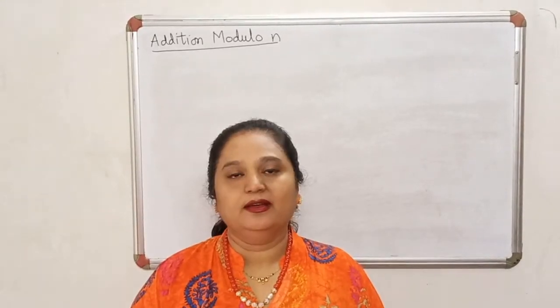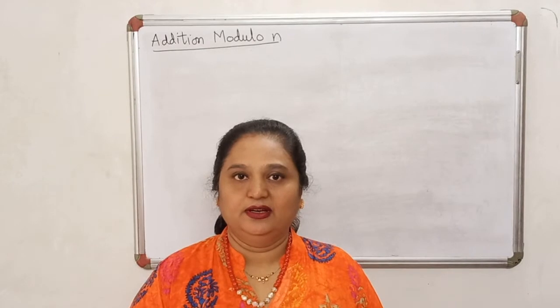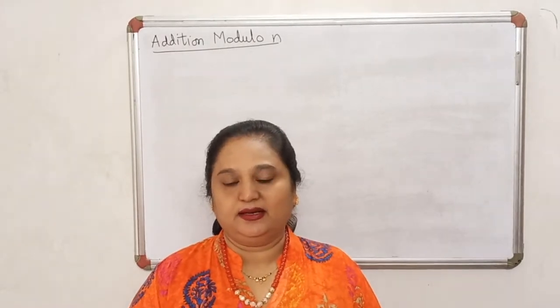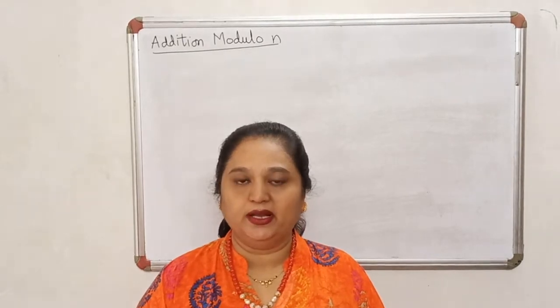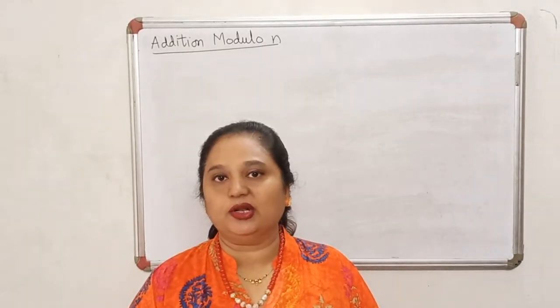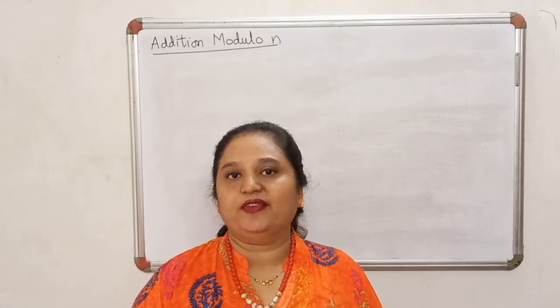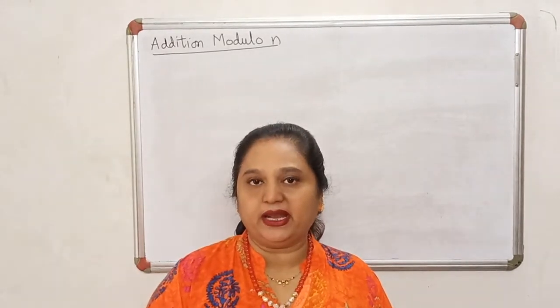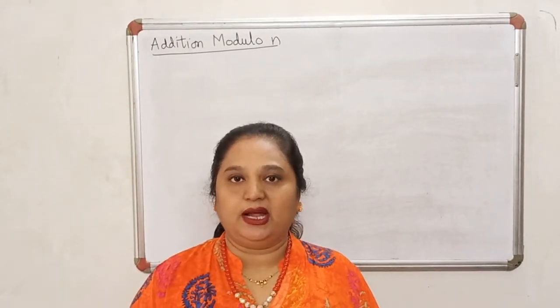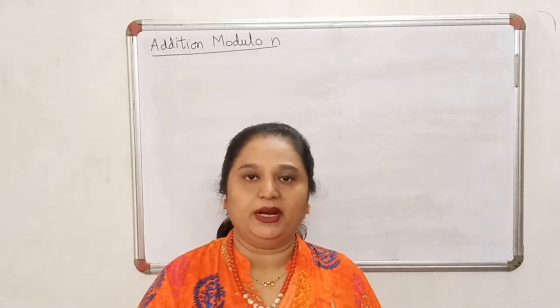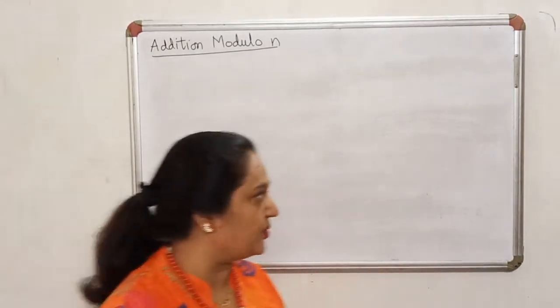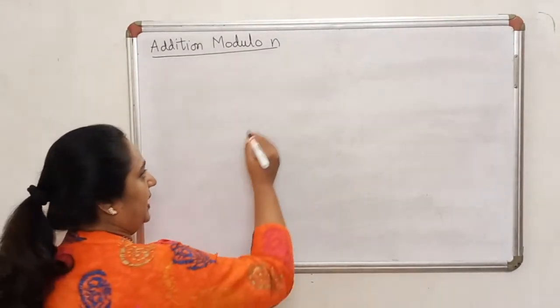Hello everyone. In the last lecture, we studied the set Zn, which is the set of residue classes of integers modulo n. And towards the end, we also learned how to compute the equivalence class of any integer, so that ultimately you get an equivalence class of an element which lies between 0 and n minus 1. Let me quickly once again explain what happens.